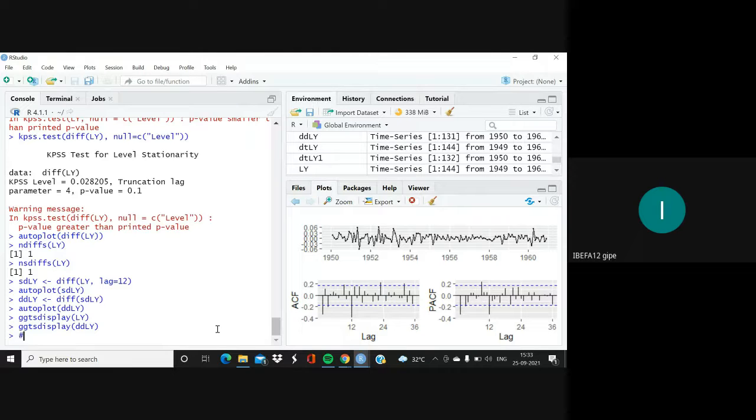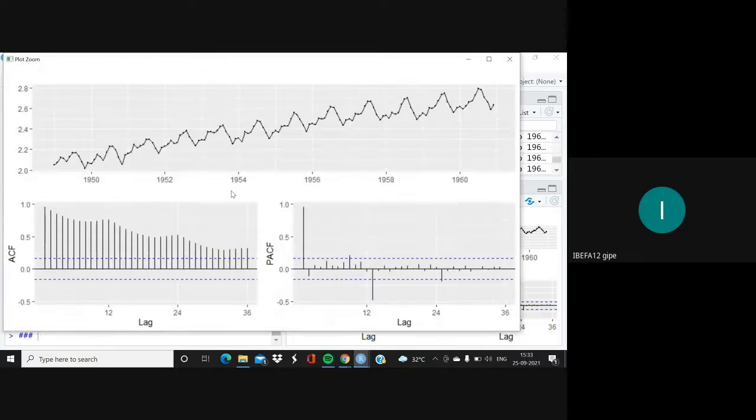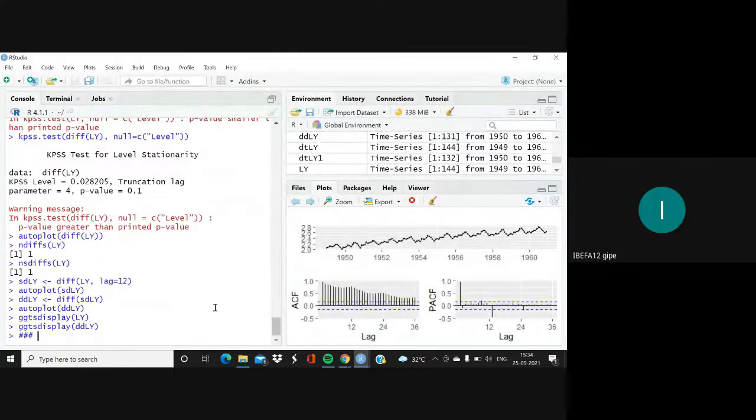Okay, I'll just type it out here. First, we took the seasonal difference because we observed that there were seasonal patterns in our data. So if you look at this, we can see there are clear seasonal patterns, right? The same pattern seems to repeat itself every year. Okay? So that is a seasonal pattern. So to eliminate that, we were assuming that maybe once we get rid of the seasonal pattern by seasonal differencing, our time series will become stationary. Okay, so we took the seasonal difference here. Okay, so this command